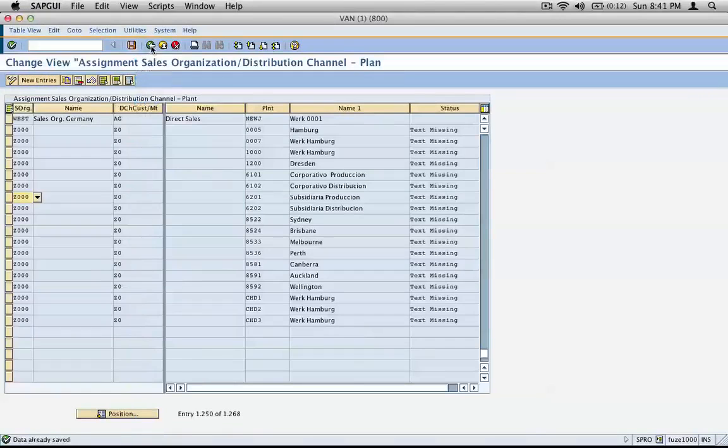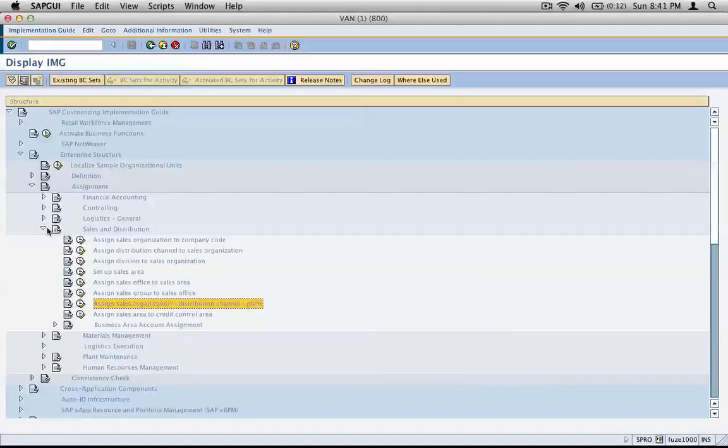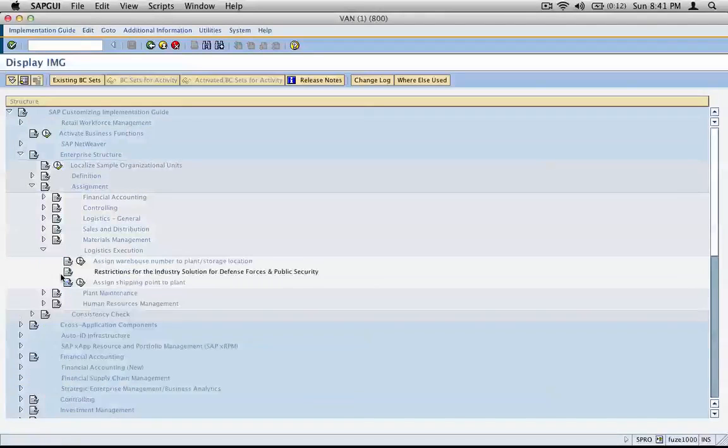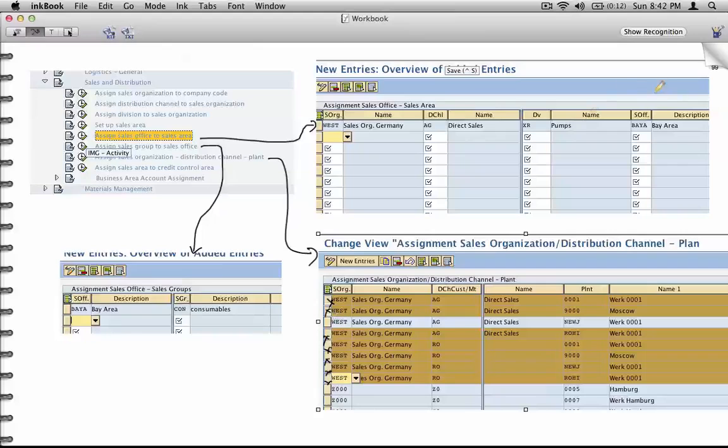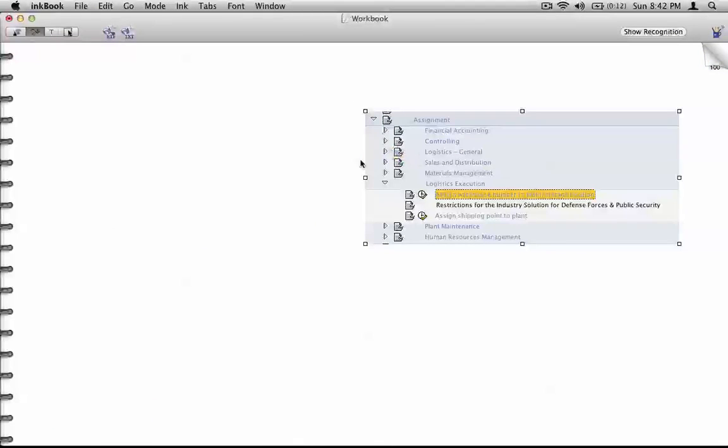Okay, that's done. And then you can close this, go to logistics execution, and assign warehouse number to plant and shipping point to plant combination. Okay, this one is very simple as well. No sweat. Go to the next one and assign